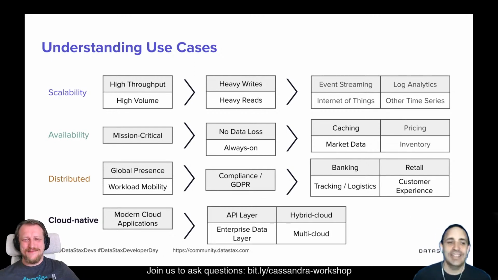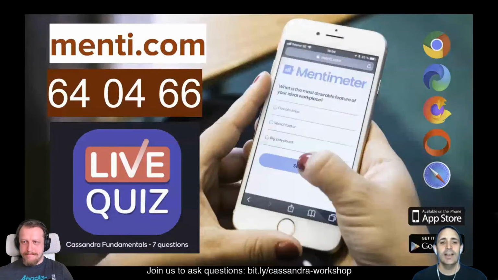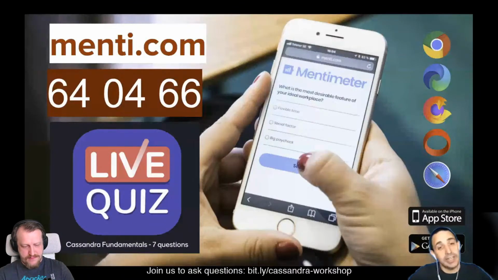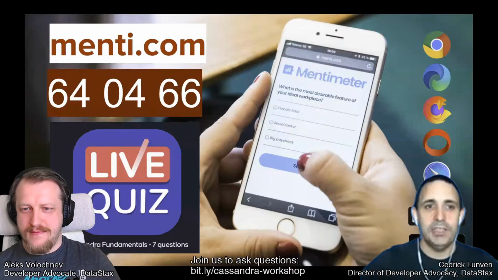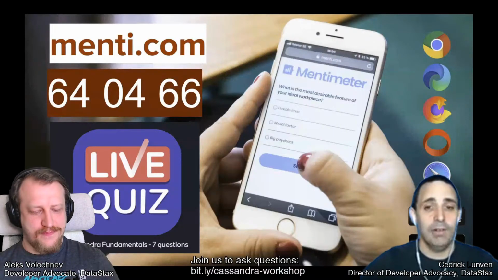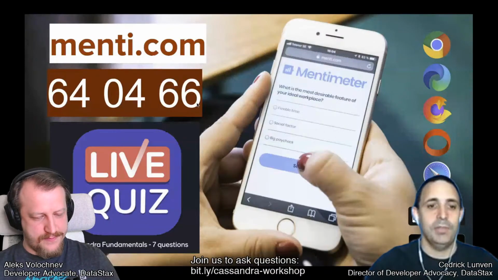Okay, so let's have a bit of fun now. It was a lot of slides. Let's do a quiz. And after the quiz, we will go to an exercise where you will create your Cassandra instance in the cloud. You don't have to install anything. Ready? So let's go back to menti.com. Hopefully you didn't close this tab or use your app. Pretty convenient, right?